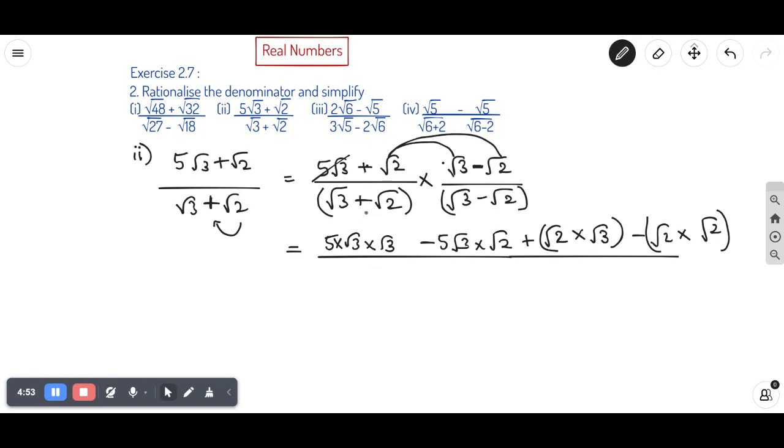Now in the denominator, what you have to do? This is of the form a plus b into a minus b. So what is your formula for a plus b into a minus b? It is equal to a square minus b square. So what is your a here? Root 3, and b is root 2. So what you have to write in the denominator? Root 3 the whole square minus root 2 the whole square. Now the next step is